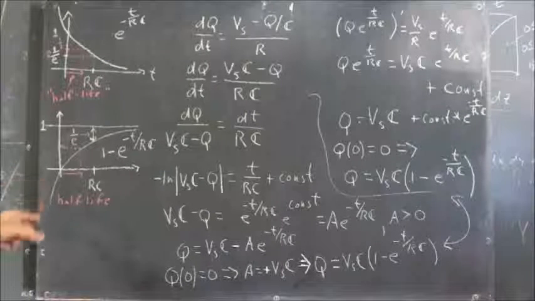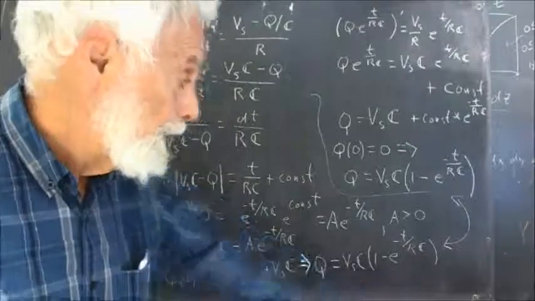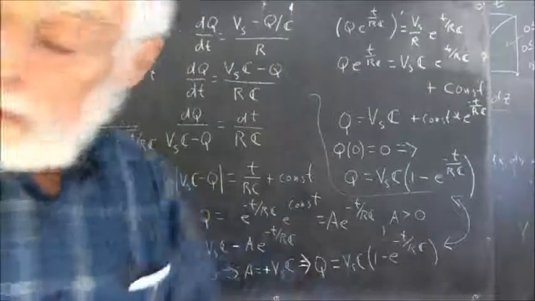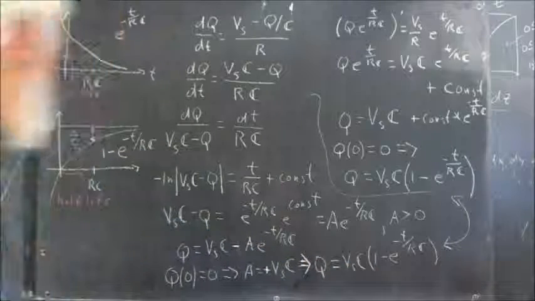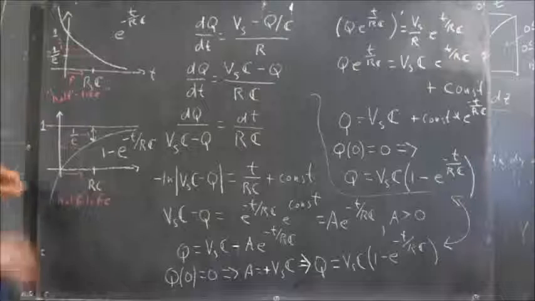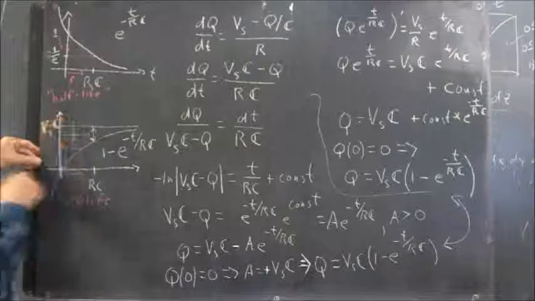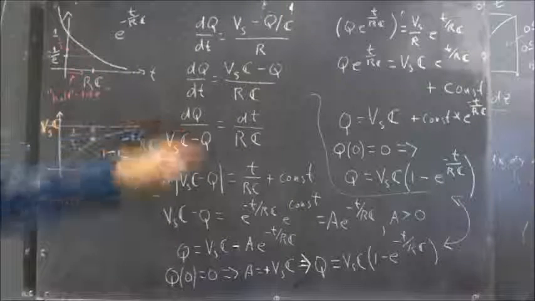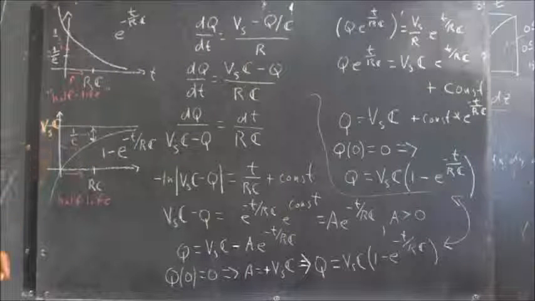Okay, now that we've got the graph of 1 minus e to the negative t over RC, all we've got to do is multiply that by VSC. I can multiply this by VSC by simply changing my labeling here. If I multiply 1 by VSC, I get VSC. So now the asymptote is VSC, which is the point at which the charge on the capacitor